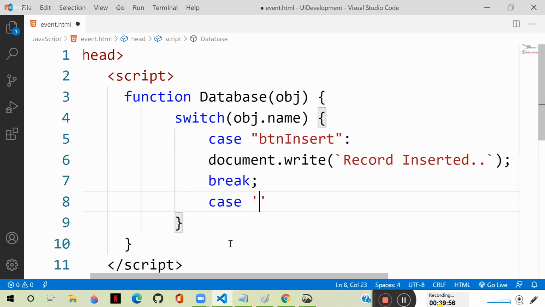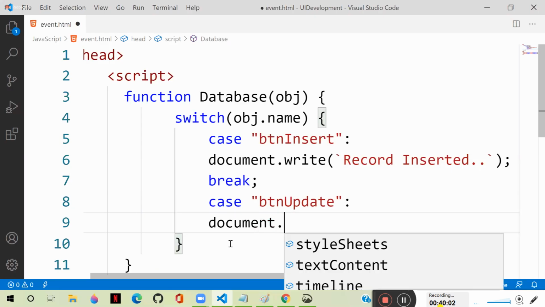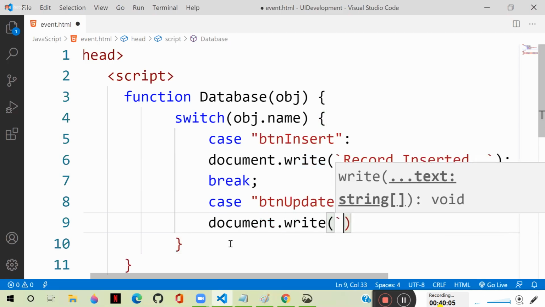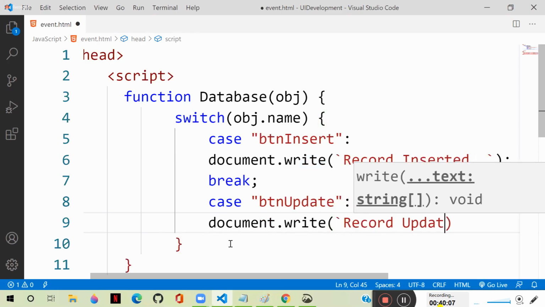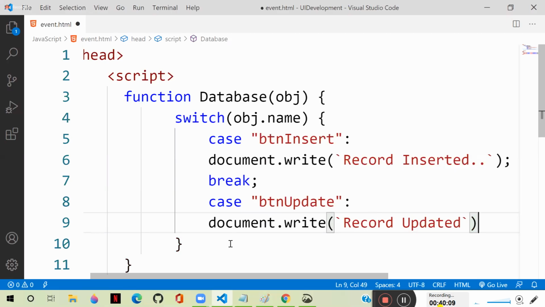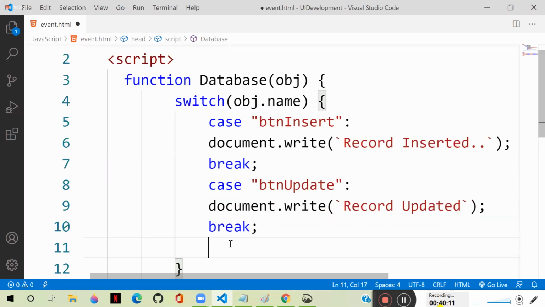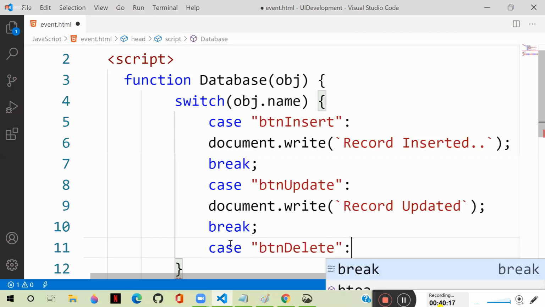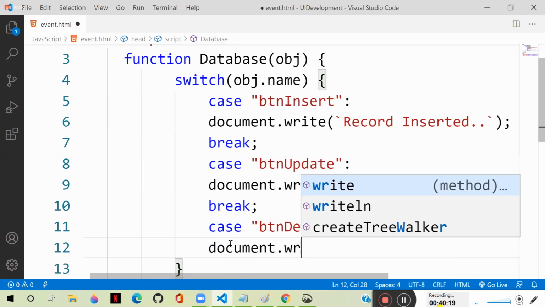And if it is btn update, document dot write and put a message record updated, and break. And finally, we have btn delete, and we define document dot write